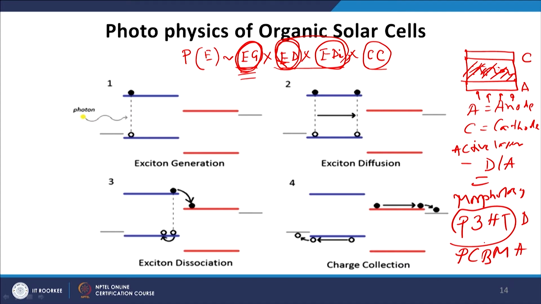Now, what will happen if we anneal the film? Annealing means heating the film at a certain temperature. Let us say I heat the film at 120 degrees Celsius. What will happen? And I am using a solvent, for example chloroform. Now, if I heat it, the solvent will evaporate. Once the solvent evaporates, the way the PCBM will crystallize or aggregate in the presence of the P3HT will be different. If it is a faster evaporation or a slower evaporation, it will give a completely different morphology. So, based on the heating temperature, if I heat the film at 70 degrees Celsius or at 120 degrees Celsius, the morphology will be way different.